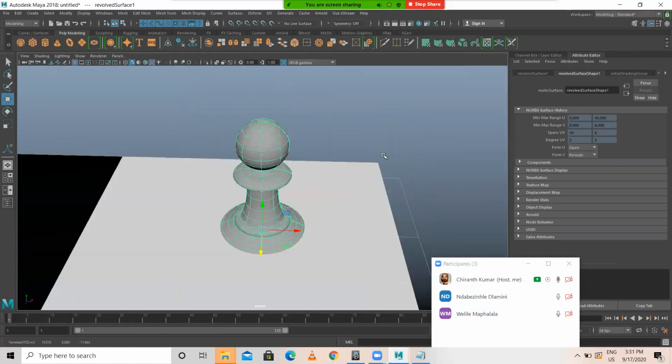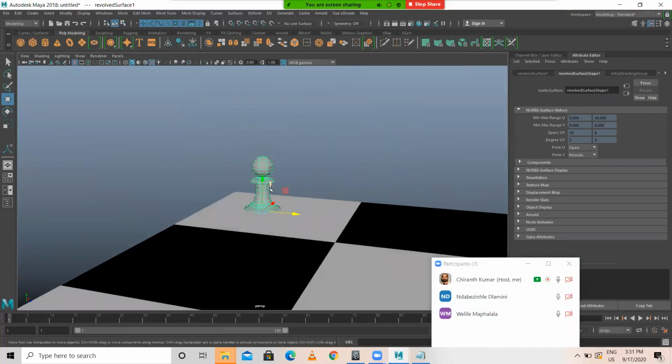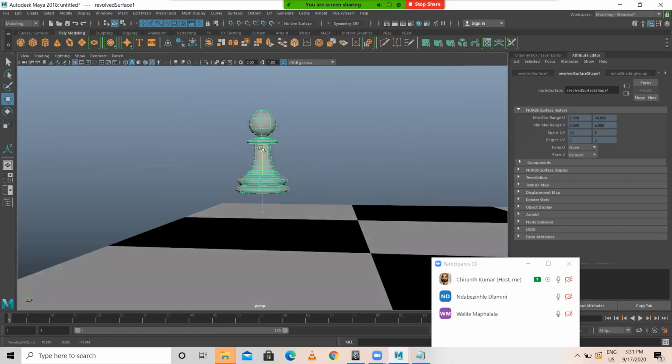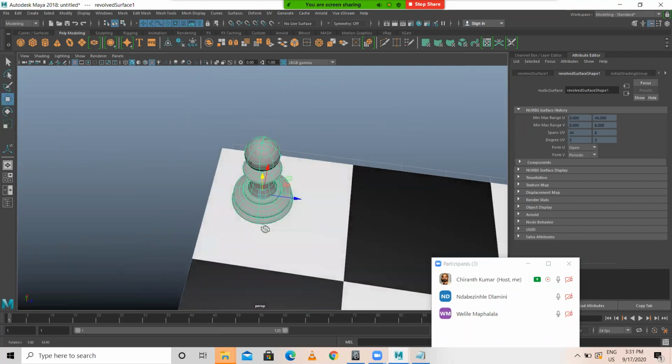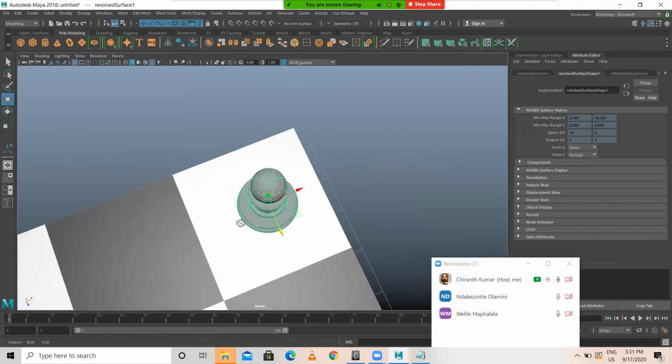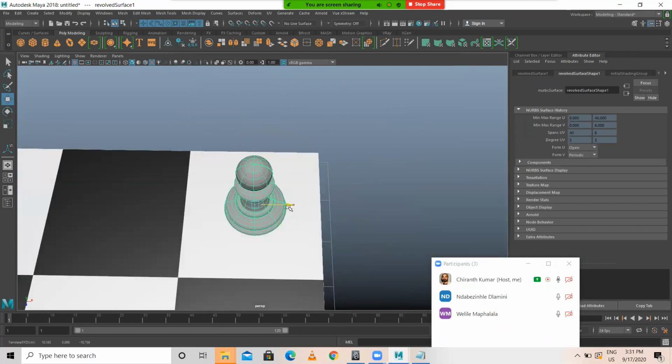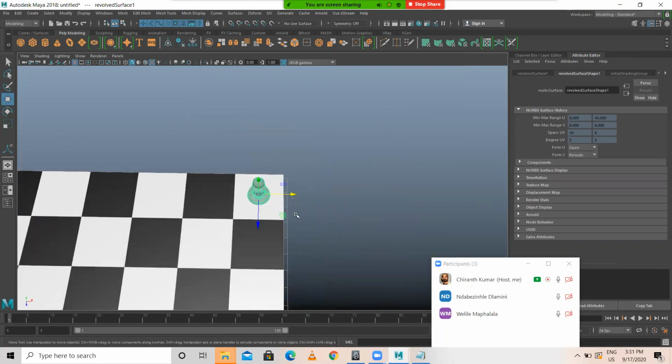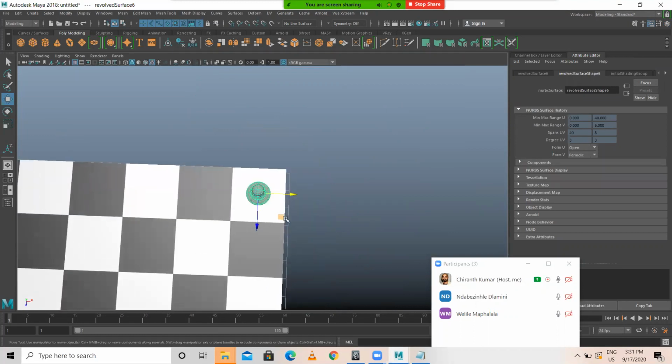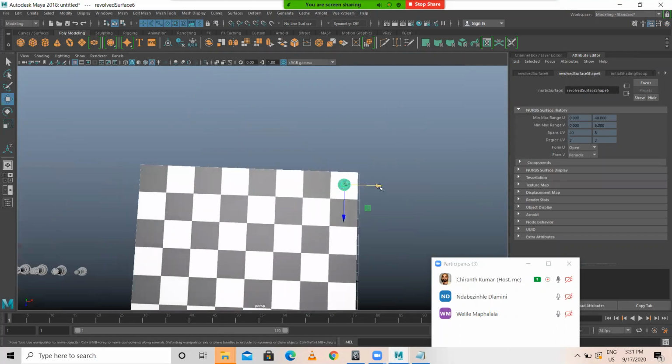Just place it over here. You make it quite like this. Place it in the center. Control D, duplicate. Just place it over here.